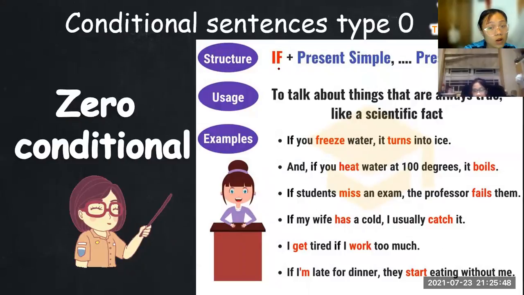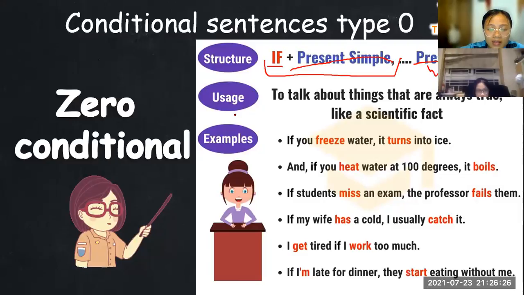If cũng tương tự như loại 1 và loại 2. If, sau if sẽ đi với một present simple, hiện tại đơn. Và ở mệnh đề chính cũng sẽ là một present simple nữa. Đúng không? Câu điều kiện loại 1 if y hệt như thế này, nhưng mệnh đề chính sẽ đi với thì tương lai, là đi với will, đúng không? Loại 2 thì sẽ lùi về if cộng với quá khứ, ở đây phải là would cộng với động từ nguyên thể. Nhưng ở đây là câu điều kiện loại 0 thì cả hai mệnh đề đều ở dạng present simple. Câu hiểu thì hiện tại đơn.